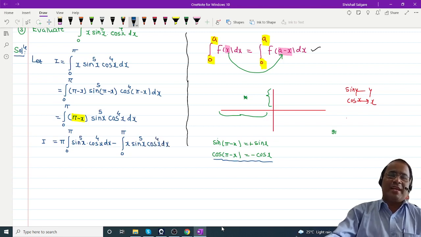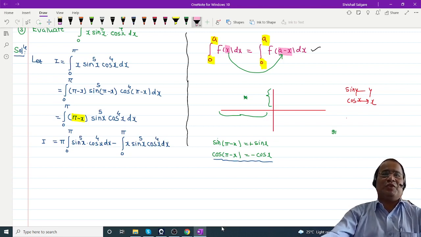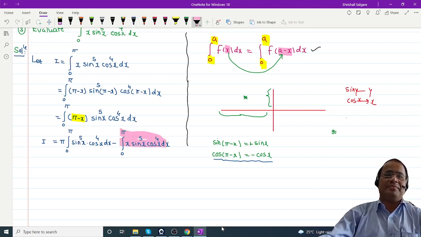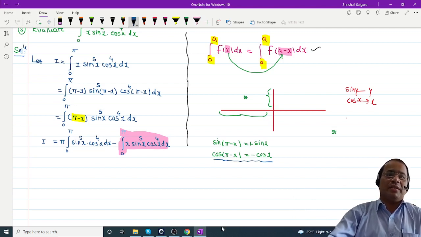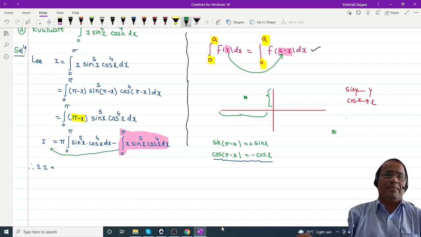So can anyone guess what we should do? I will highlight. Replace by I. Yes, this is nothing but our original integral. So the same integral you are writing in terms of the given integral only. So therefore directly I will write the step. Is it okay? 2I is equal to, so how I am writing 2I? This integral term I am taking to the left, so it becomes a minus I, and this minus I to the left side becomes plus I, and it comes as 2I.